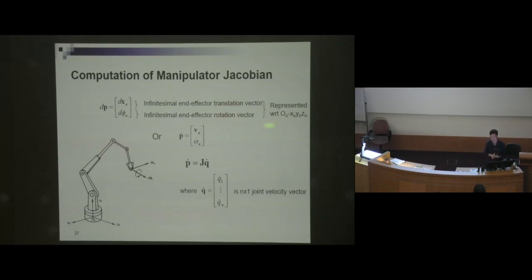We move on to look at the computation of the manipulator Jacobian. Earlier on, we looked at an example where we have a planar robot. A planar robot has two joints, and we focus on the xy linear position, the velocity of the x and y values at the end effector. If we generalize it into a